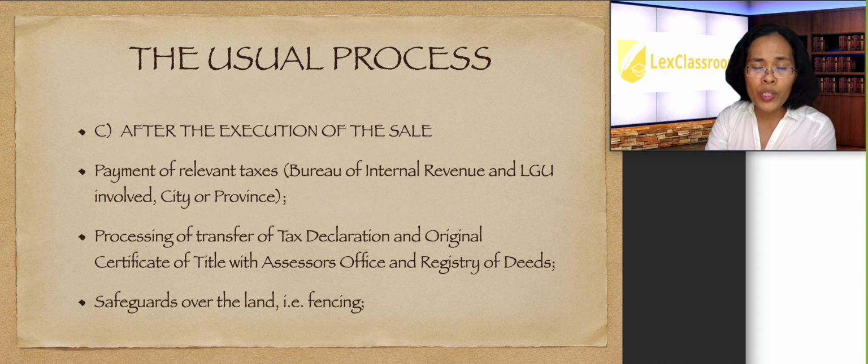And you have to safeguard also the land, especially if, although there is a sketch plan, although there's a survey plan, you have to remember that there could be illegal settlers or intruders of the land, and you have to protect it. And fencing is a good way of protecting your right as an owner, especially if you are the buyer. So we'll just have a